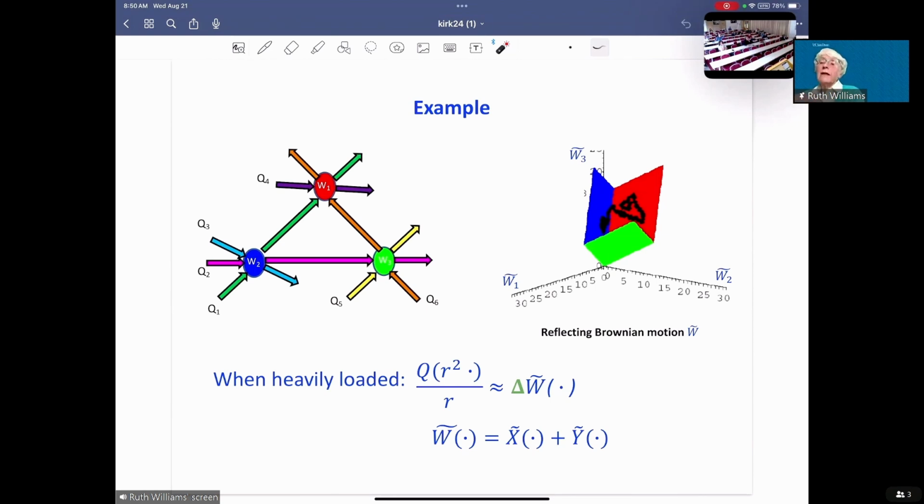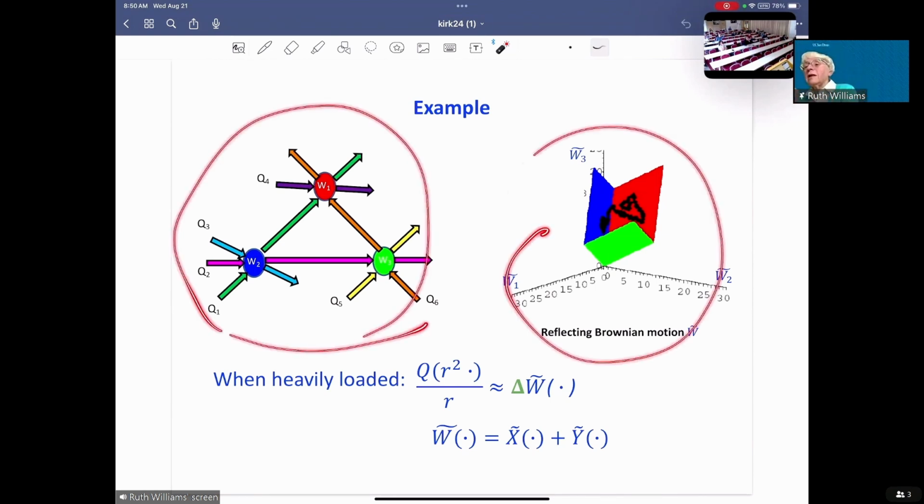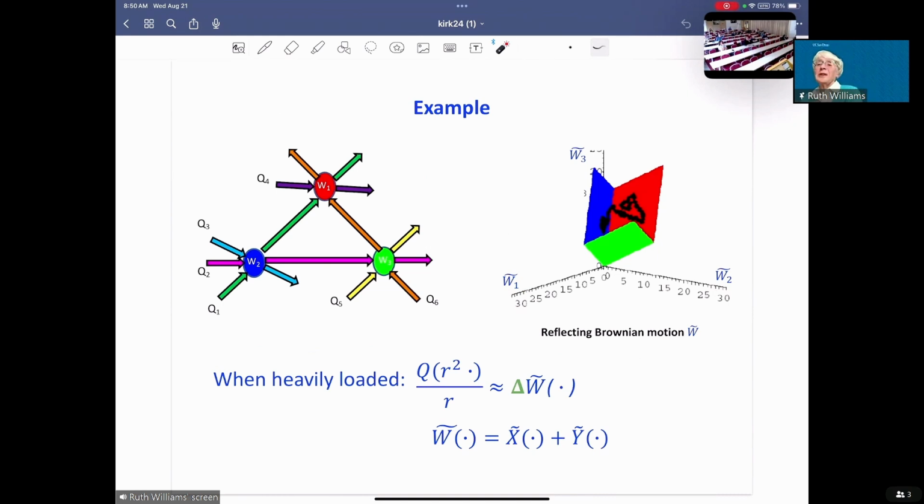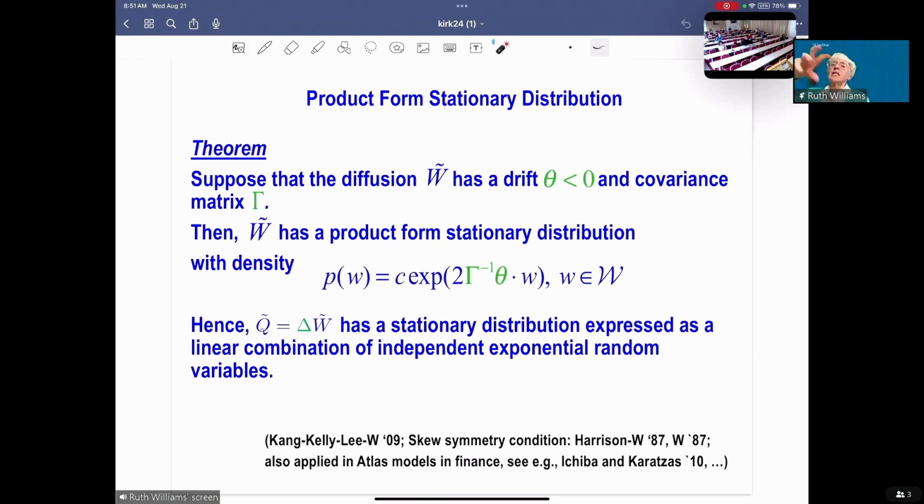And just to show you another example, which also leads to a three-dimensional reflective Brownian motion, so you don't think all the examples are linear networks. I do want to mention one more result related to this analysis, and that is you say, well, there's this reflecting Brownian motion, so what do you know about it? Well, I mentioned before that you can consider a sequence of systems that approach the balance point where the limiting diffusion will have a drift. If that drift is negative,